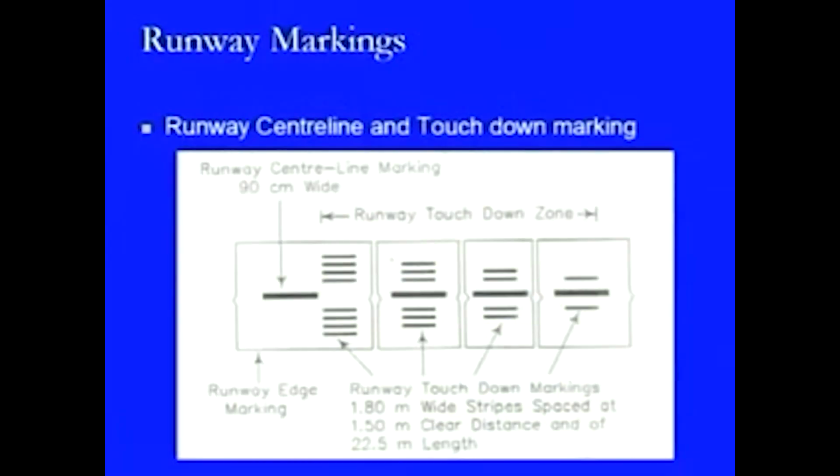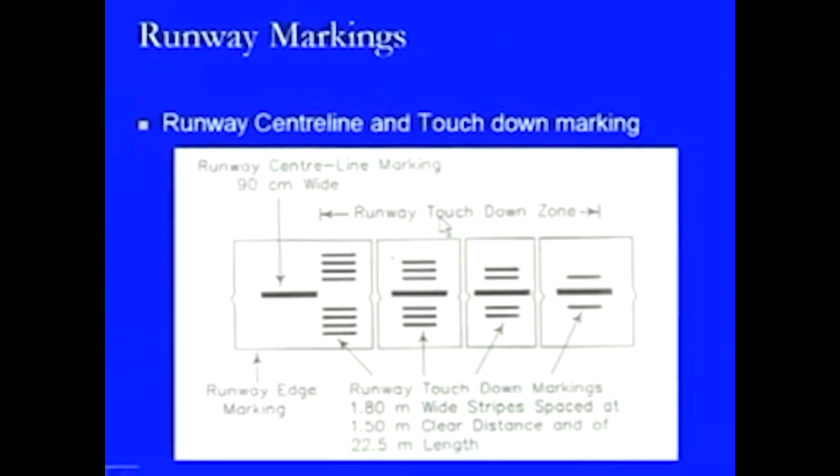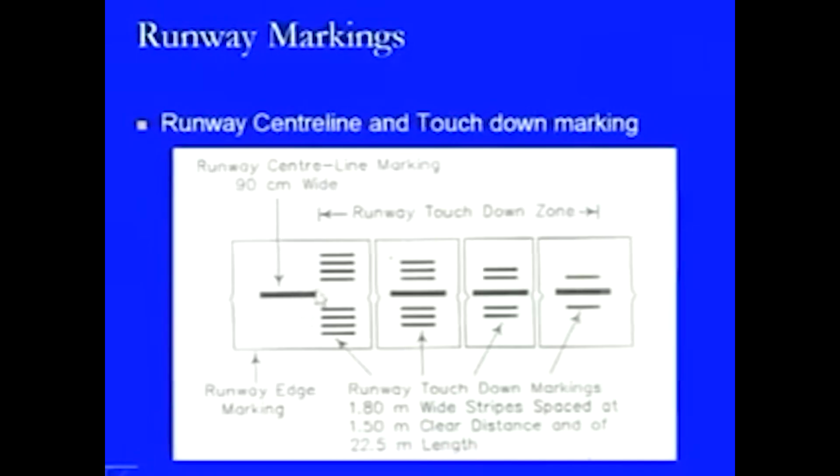Here in this diagram we are going to look at the combination of the runway center line marking and touchdown marking. Here in this diagram we can clearly see the center line marking. This one is the center line marking as being shown here. This is a 90 centimeter wide strip, and then there is a touchdown marking which is being shown in the form